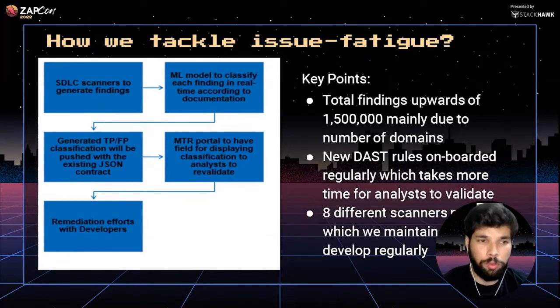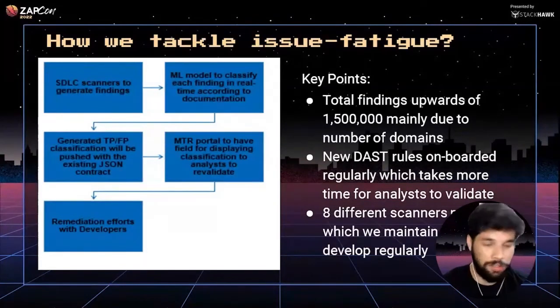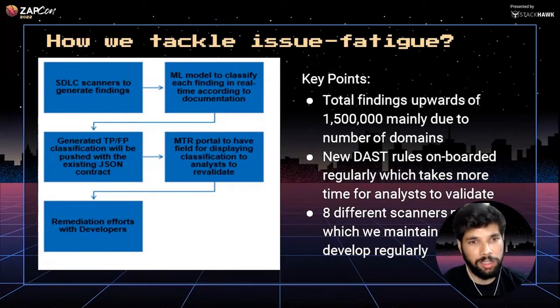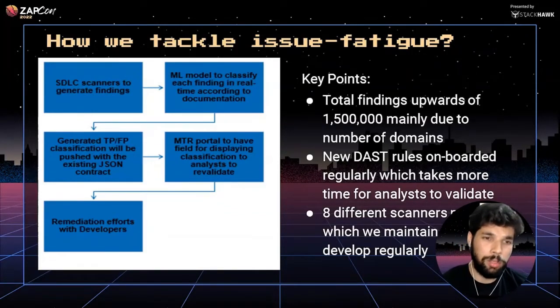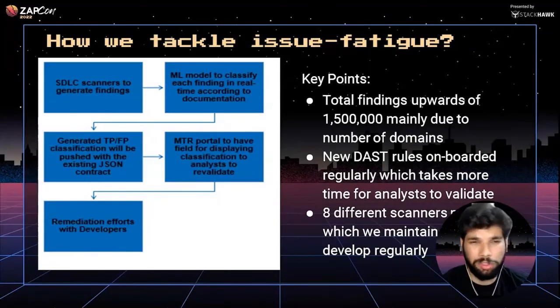So the flow, like you can see in the process that we followed, is that once the Kubernetes scans are done, we dynamically classify these issues based on the different parameters that we have. We classify them into true positive, false positive, analysts need to have a look, and not enough data, and we have a few more classifications, right?